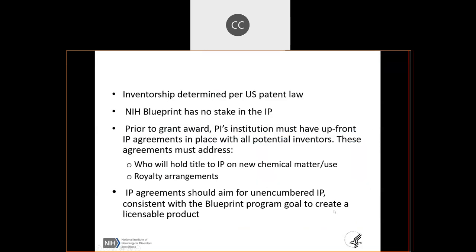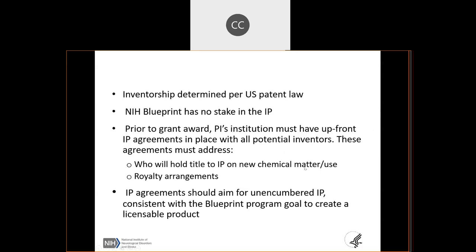As I said early on, we do not seek to have a stake in your IP. Inventorship is, of course, determined by US patent law. So our program staff are here to facilitate you, but I'm a med chemist. I've worked for years in making molecules, but I'm not going to tell you which molecules to make, or interject into your project team at that level. I will say on a broader level, are you considering issues that you should potentially be considering? But you'll have a med chem consultant that will work with you, and they'll have already assigned their IP to you, and they can guide you on these things.